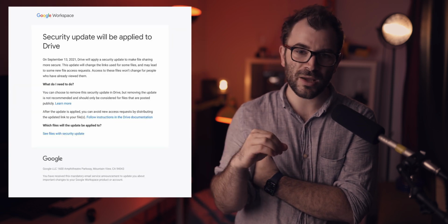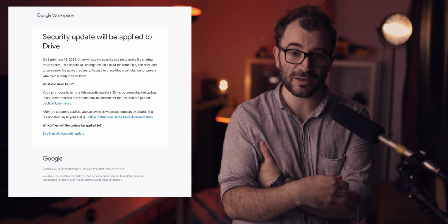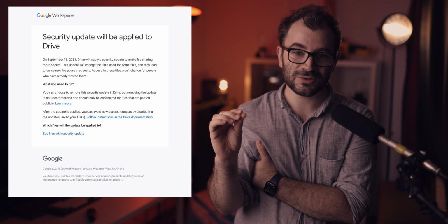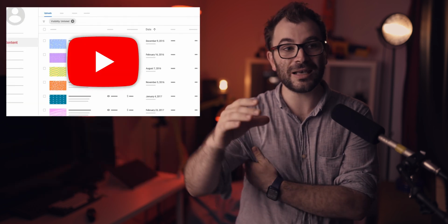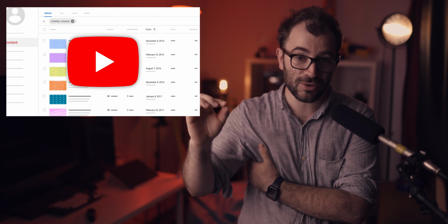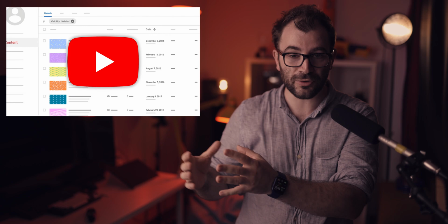Google is doing this for YouTube links and Google Drive links for security reasons. The newer links are safer, harder to track or to hack, and also better for Google. You won't be able to open a new link that's rolling out on the 23rd of July 2021 without being signed in to Google services. You can let your link live on as unlisted if you fill out a form for every link you want to keep alive,